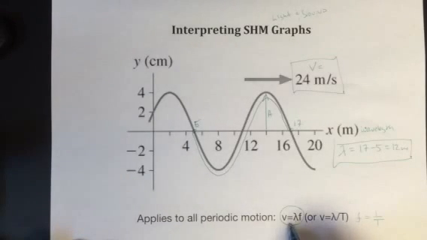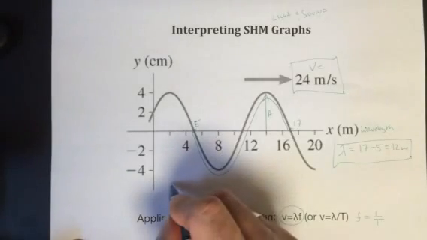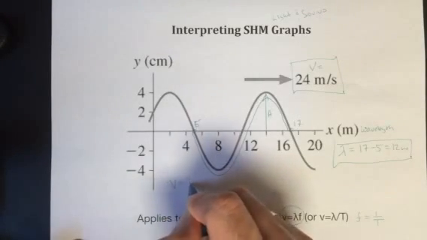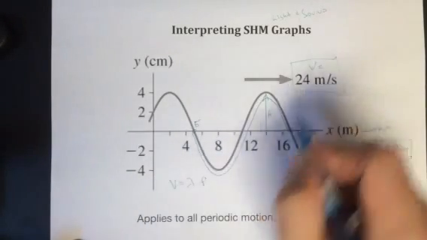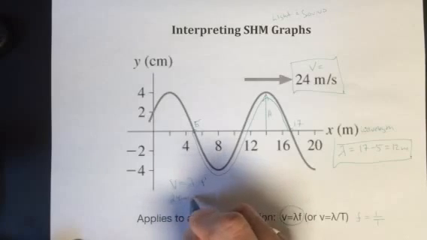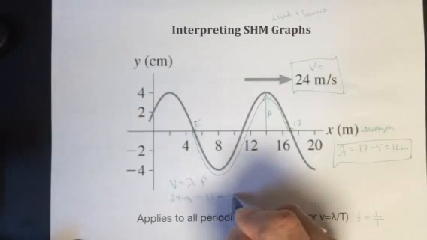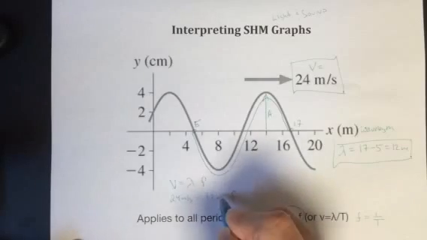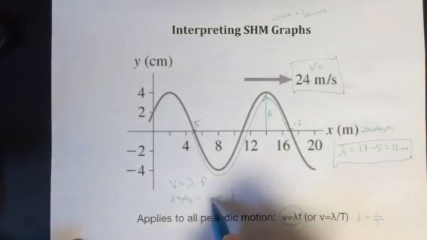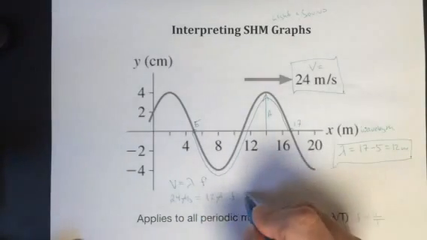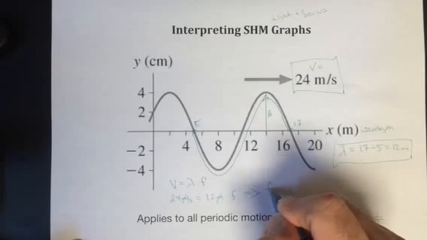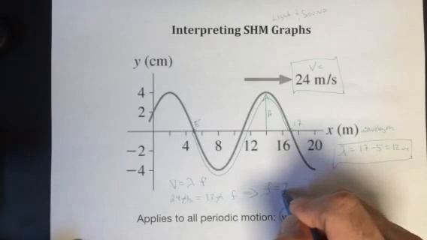So we can now use this formula, V is equal to lambda F, to calculate the frequency. So V is equal to lambda times F. V is 24 meters per second. Lambda is 12 meters, times F. So meters will cancel, and 24 divided by 12 tells us that the frequency is going to be equal to 2